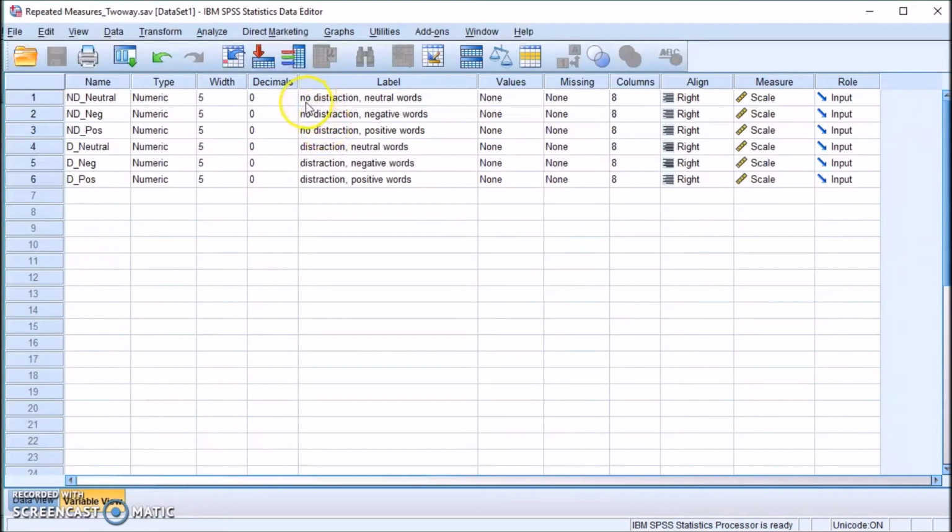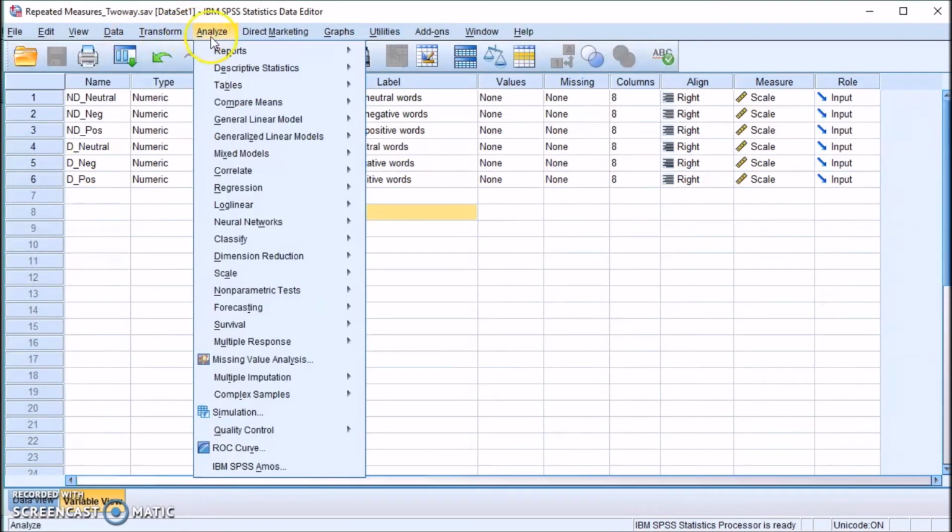So can you see here how it says no distraction, neutral words, no distraction, negative words, no distraction, positive words. In these first 3 variables in my variable view, distraction does not change, word type does. In the second lot of 3, it's the same deal. Distraction stays the same, word type moves. It's the one changing. So we need to enter the variables in a particular order when we go to analyze